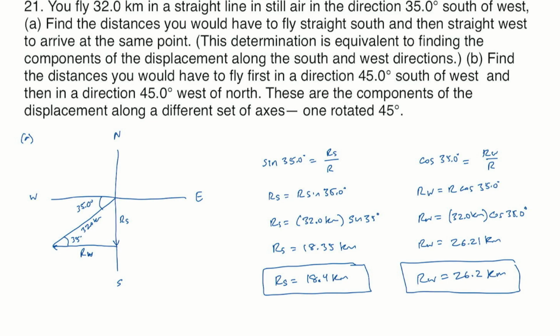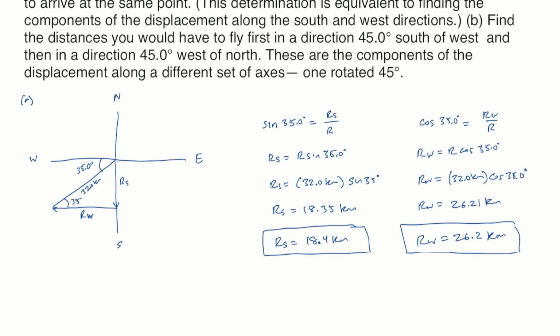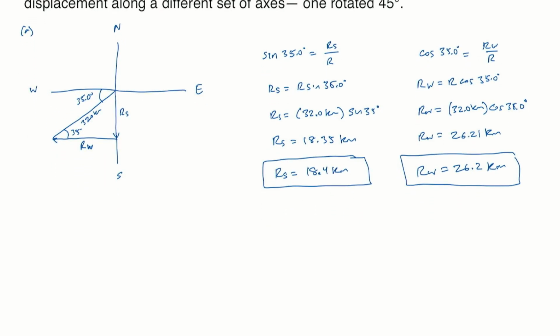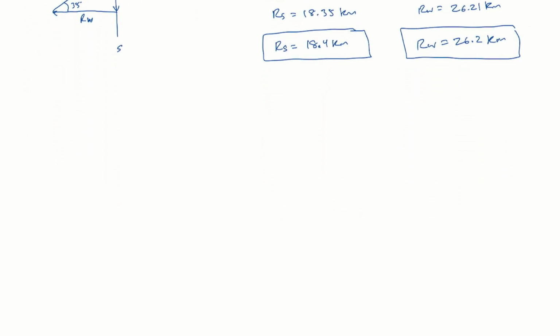Now in part B, we need to find the distances you would have to fly first in a direction 45 degrees south of west, then in a direction 45 degrees west of north. These are the components of displacement along a different set of axes, one that's rotated 45 degrees. Okay, so let's draw a new picture. This time we want